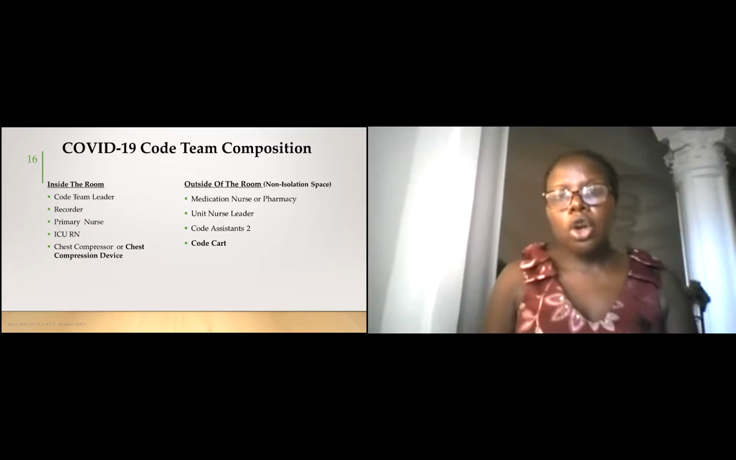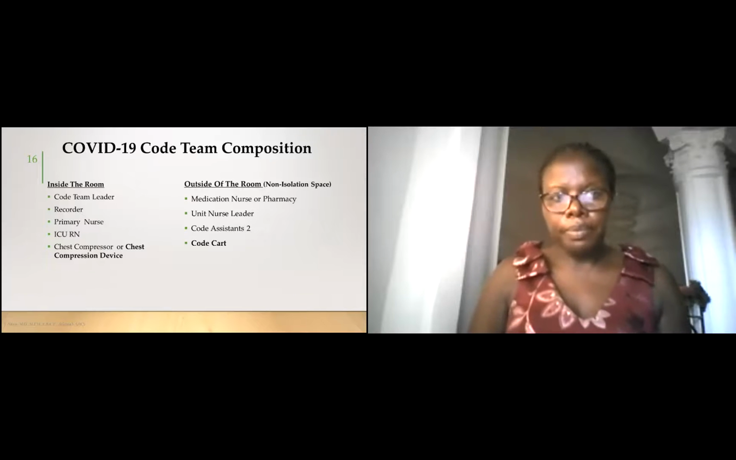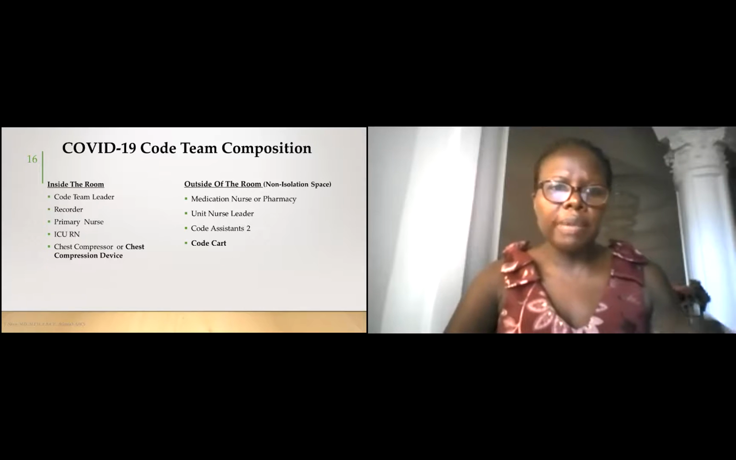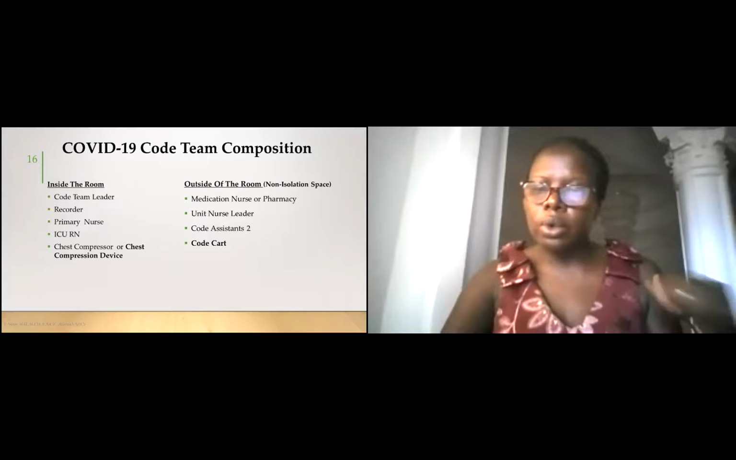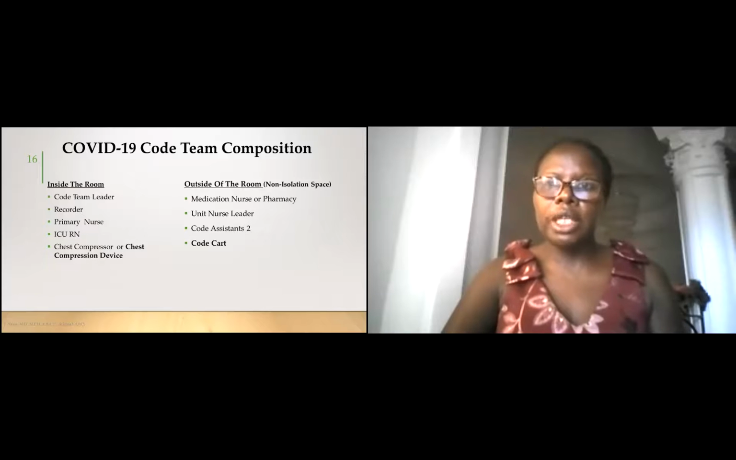Secondly, our code card is kept out of the room for reduction of contamination, and there are different strategies which different hospitals have adapted in order to reduce contamination. Some of them are just coming in with a small Ziploc bag with what is needed for a code. But again, the goal here is to reduce cross-contamination, and anything which does not need to be contaminated should not